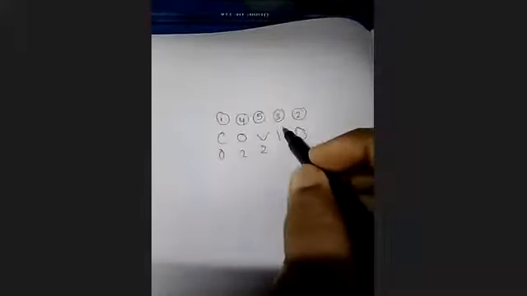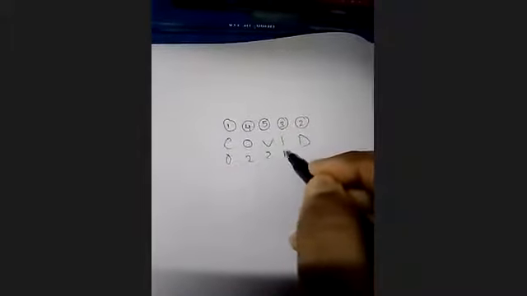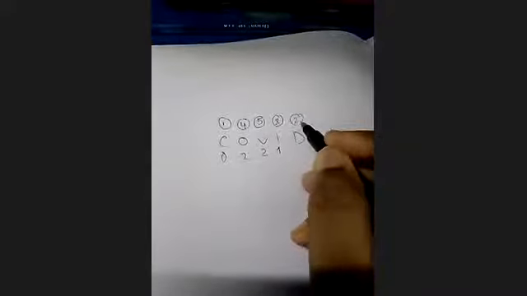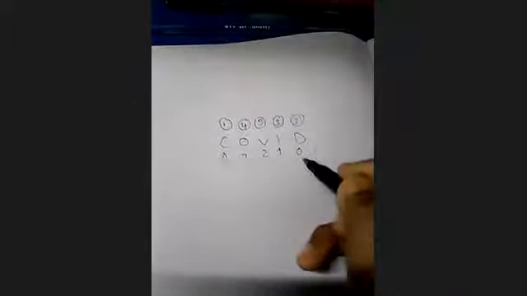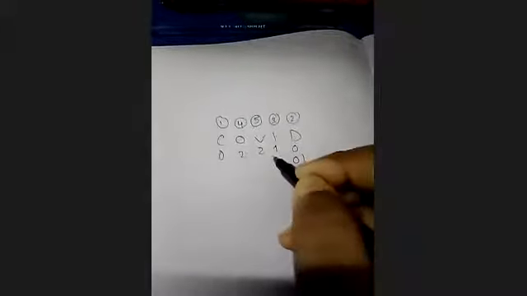How many numbers are there which are lesser than 3 on the right hand side? 1. For 2, how many numbers are there? Most right hand side, so it's 0, always 0. And again, what do you have to do? Multiply with 0 factorial, 1 factorial, 2 factorial, 3 factorial, 4 factorial. Now 0 factorial into 0 is 0, 1 factorial into 1 is 1, 2 factorial into 2 is 4, 3 factorial is 6 into 2 is 12, and 4 factorial into 0 is 0. So 12 plus 4, 16 plus 1, 17.